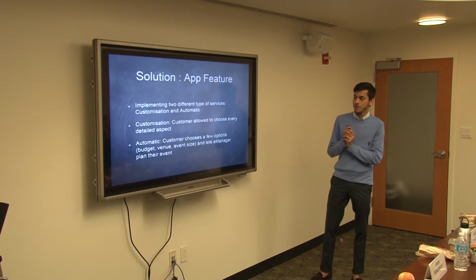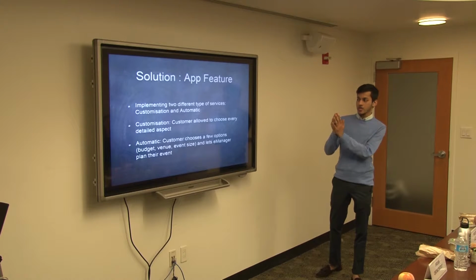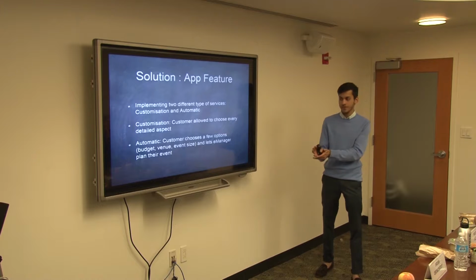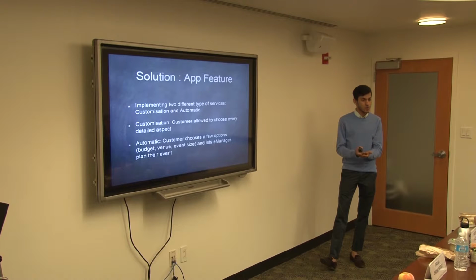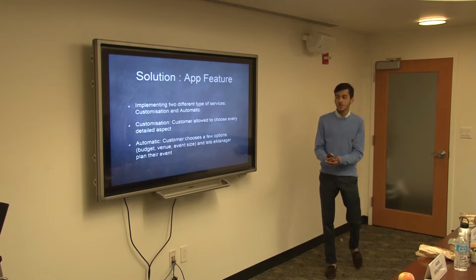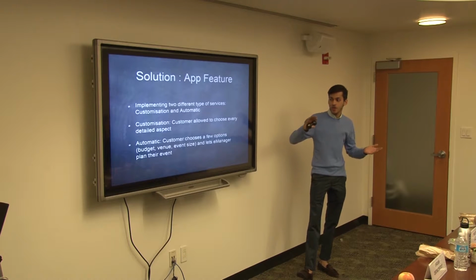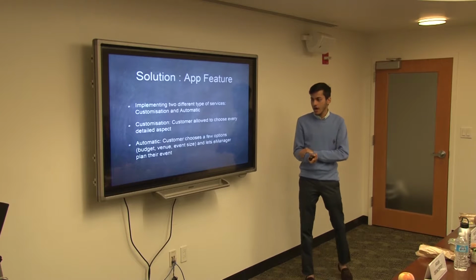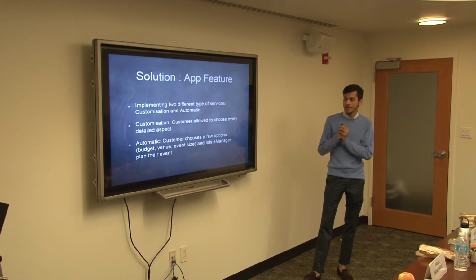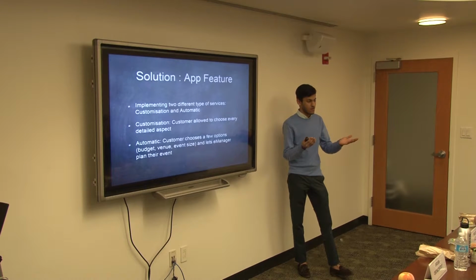So what I implemented was actually the first one, which was customization, allowing the customer to choose every detailed aspect. But from feedback I got that a lot of customers don't actually know what they want for the event. So I implemented two different types of services, customization and automatic. Automatic is where customers just choose a few options: the venue they want, their budget, the theme of the event, and the event size. That lets Emanager put their event in place and give them a quotation, and from there on they can liaise with